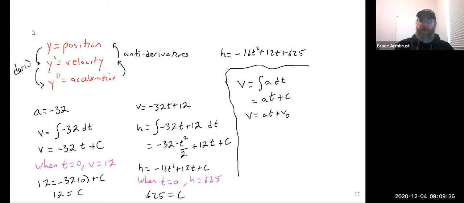And that V naught, let me actually write it over here. V naught is your initial velocity. Okay, so that's all I mean by V naught. All right, well then, if we wanted the position, remember H is the integral of that,